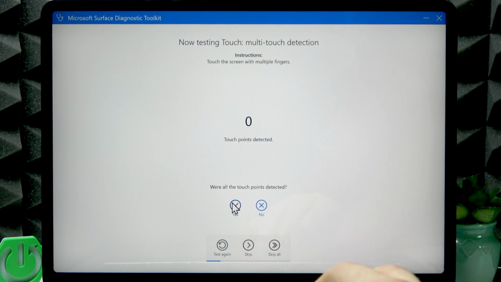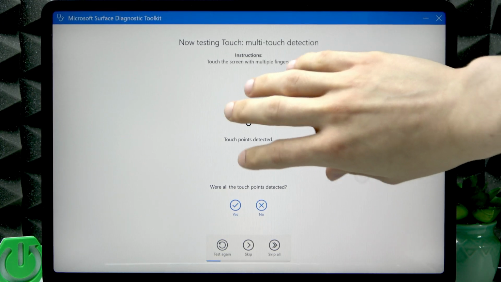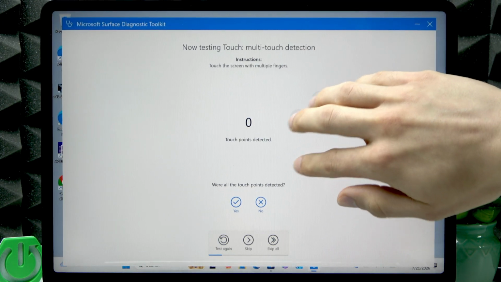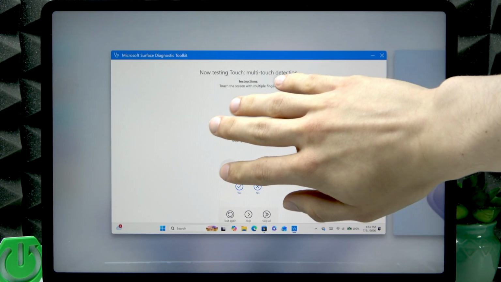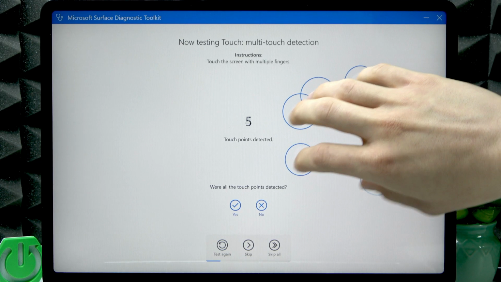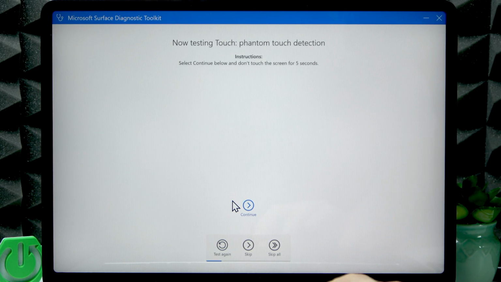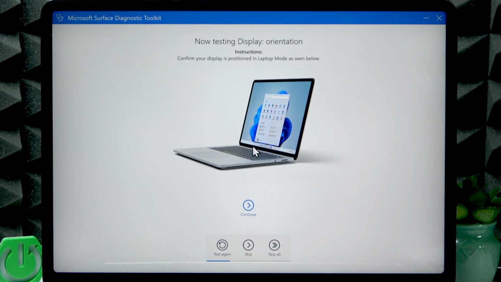Then we'll be able to check the touch points. So tap your screen with as many fingers as you like, and if all of the touch points were detected, click yes. Continue, and then do not touch the screen for 5 seconds. Okay,